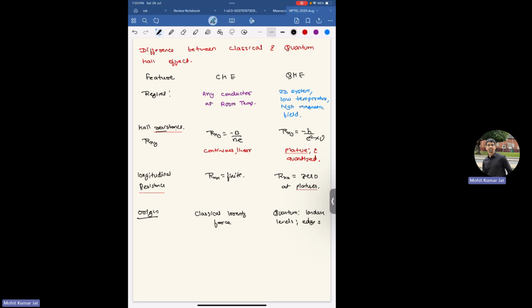Edge states will be there because at the boundaries these Fermi levels and these states will diverge at the edges of the sample and they will intersect. These states will intersect at the Fermi energies, and those many edges will be formed in the system. This we will be discussing maybe in the next lecture or next to next lecture.